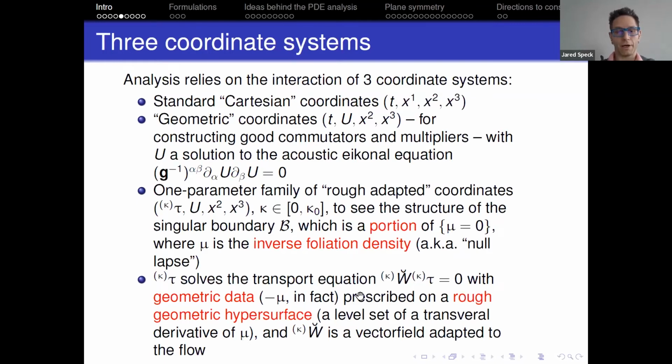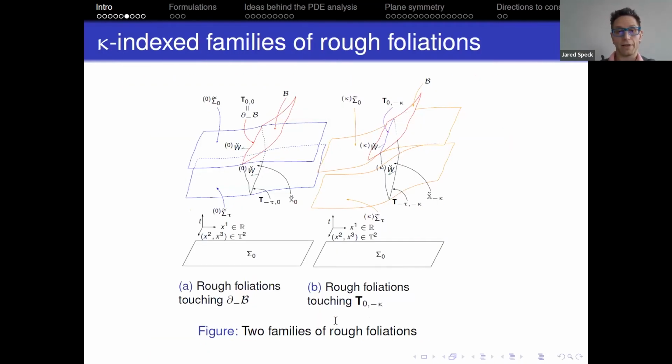They live on what we call a rough geometric hypersurface. So the initial data for this time function are prescribed on a hypersurface that ends up being a level set of some derivative of mu being set equal to a constant. And then I think it's just better to jump right to the picture and explain what's going on. Okay, so here's